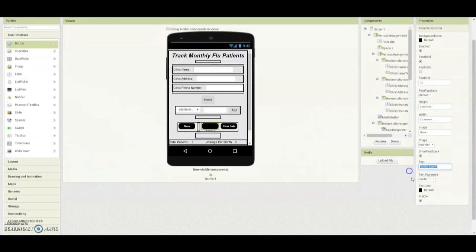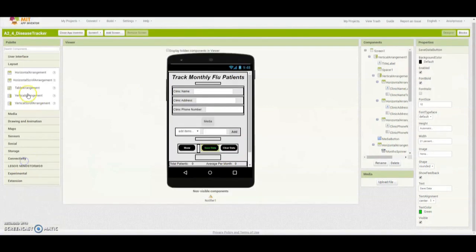The text for this is going to say Save Data. And then the last thing we're going to need to do is change this text color, and I'm going to give this a green text. So now that you have a Save Data button, we're going to go back up to our horizontal arrangement, and